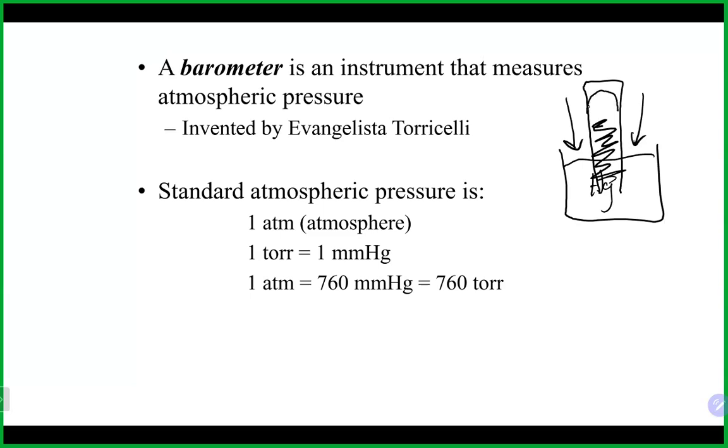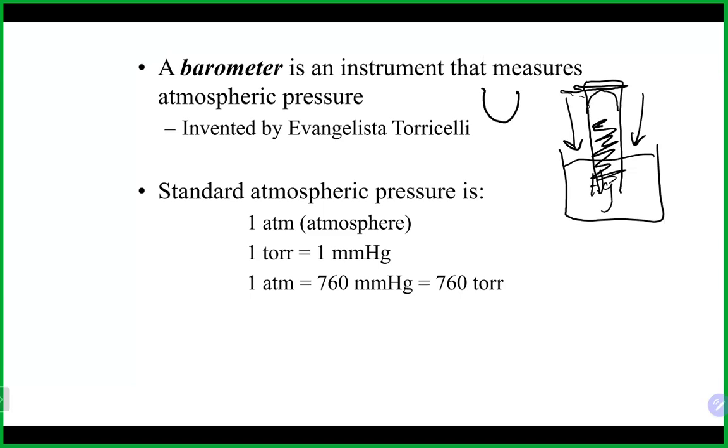And that is because the attractive forces between mercury and itself are actually stronger than the attractive forces between mercury and the glass. And that's unusual because normally we see a meniscus going in this direction. If it was mercury, you would actually read from the top of the meniscus in this particular case. Now, a barometer was invented by a guy named Torricelli,